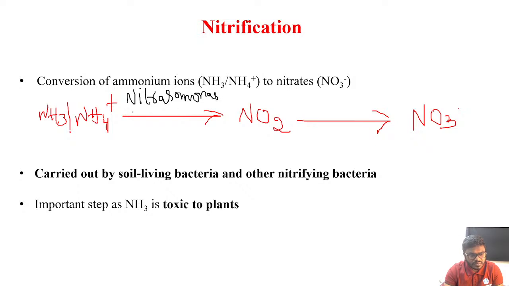Nitrosomonas. Then, friends, Nitrosococcus, don't confuse. Nitrosomonas and Nitrosococcus are the two major bacteria that will convert the NH3 or NH4 to NO2. Now friends, NO2 is basically going to be converted into what? NO3, by a bacteria called, friends,